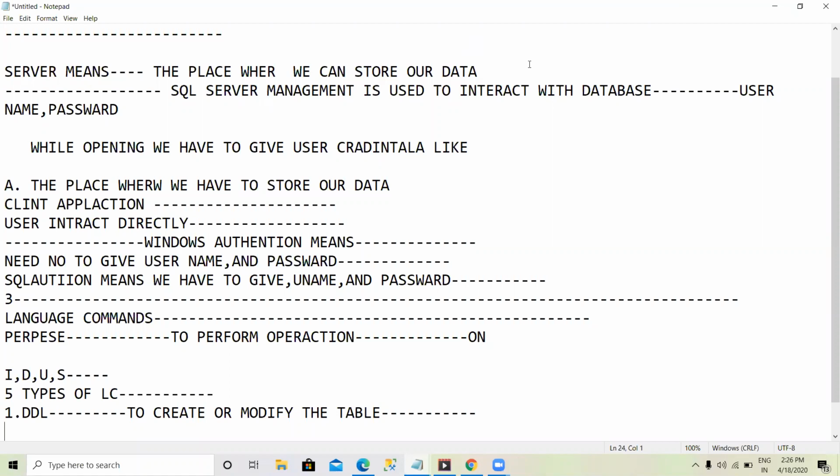Under DDL commands, to create or modify the table.